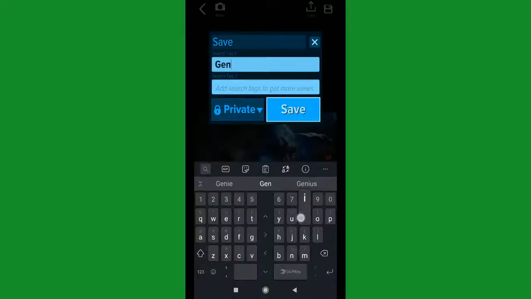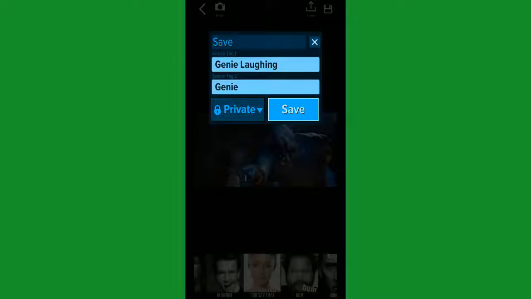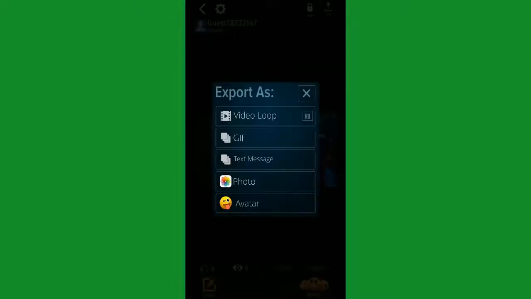Zini laughing. Now click save. Now click on video loop export as. You can export this in video format, that is MP4 format, or GIF or text message or photo or avatar. It is up to you. Now I am selecting video loop.